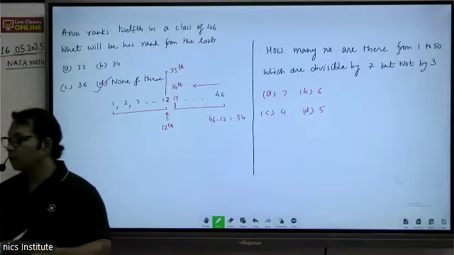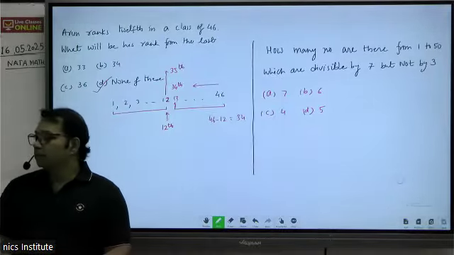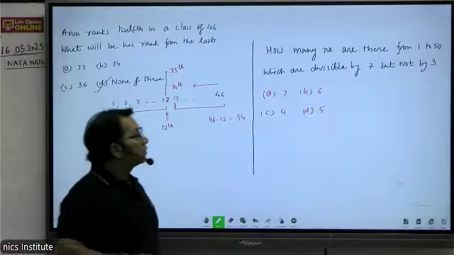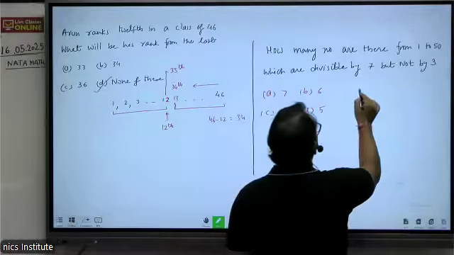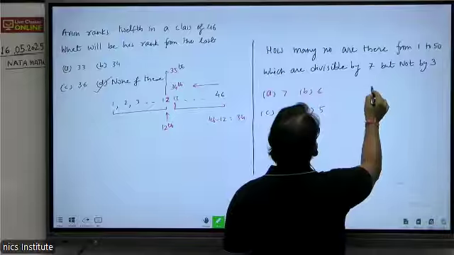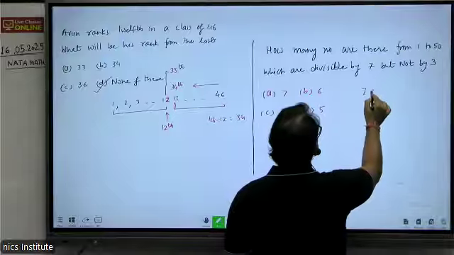So 5, because 7 into 7 is 49, so there will be 7 numbers